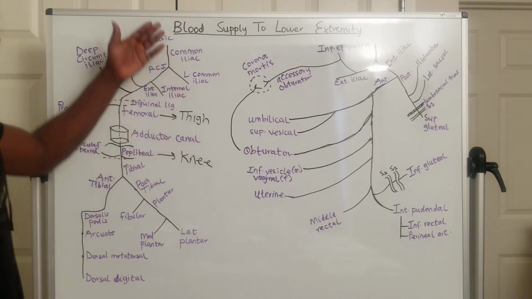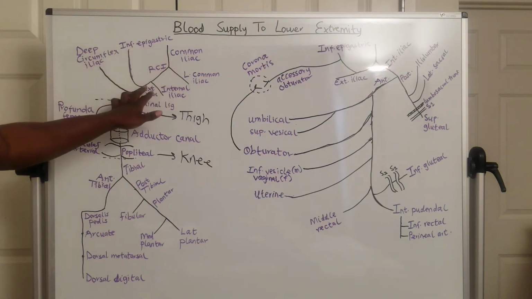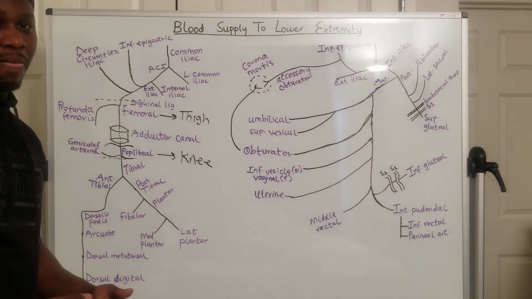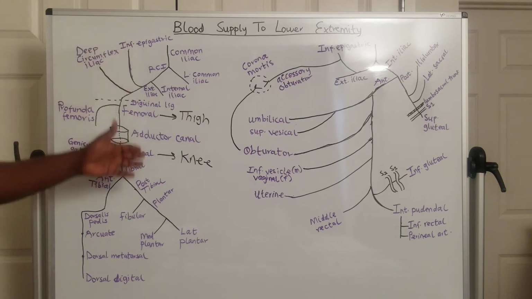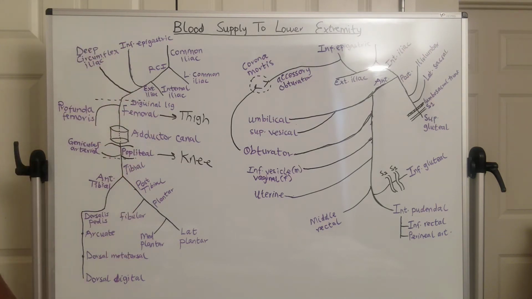All right. So this is all about the blood supply coming from the external iliac artery. Does it make sense? I just go over it, draw everything out, know which one is coming from where, and it makes sense. All right. So let's go to